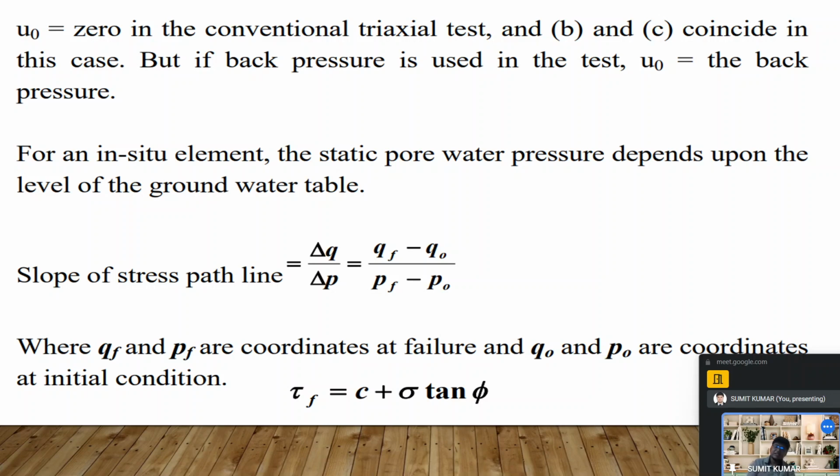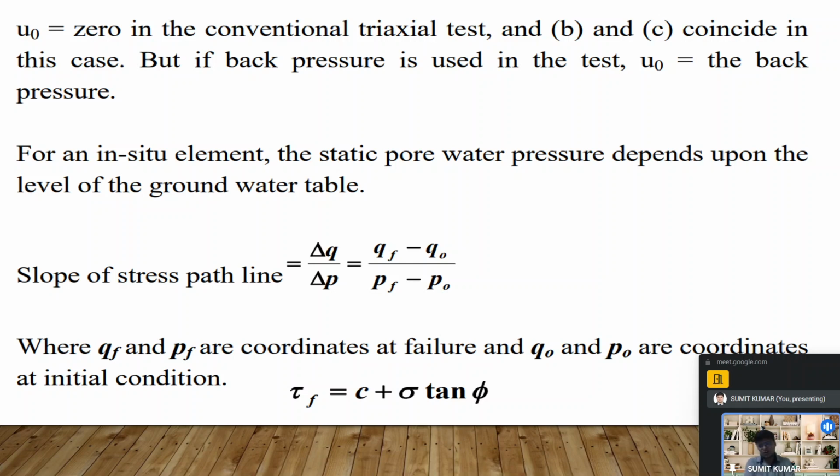But if back pressure is used in the test, the pressure is applied due to some soils or due to the water at that place. So how it acts, how it gets changed, how the stress path gets